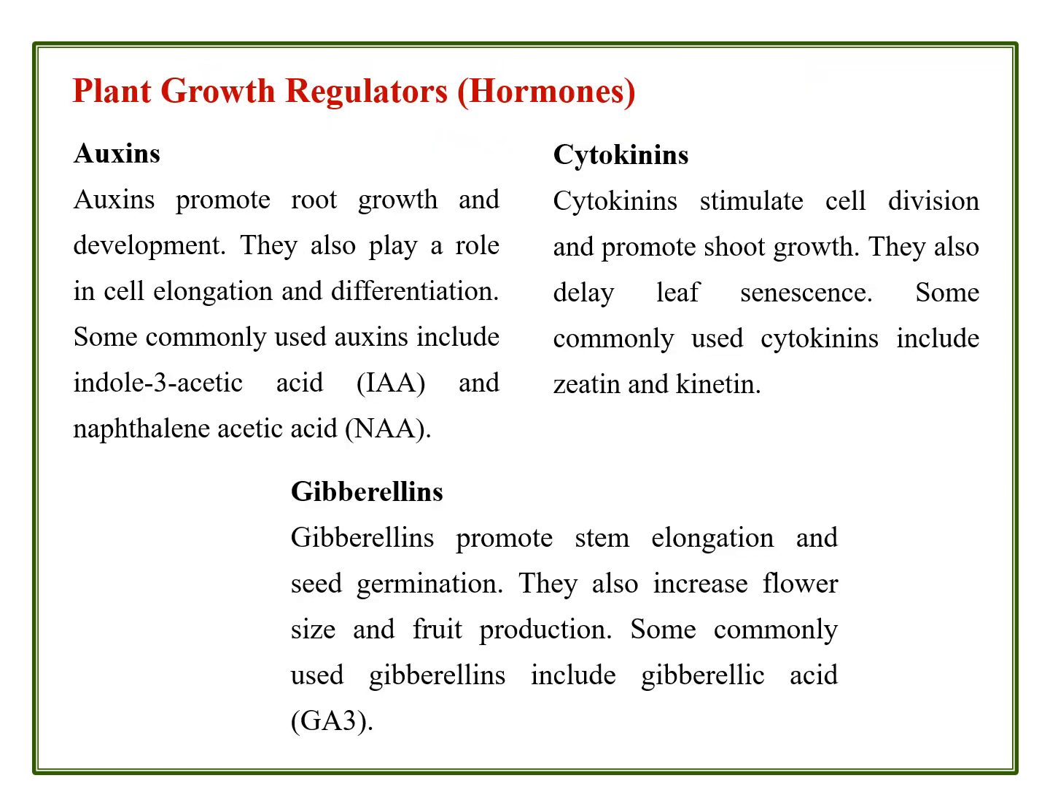Let us see what are the plant growth regulators which are very much required for preparing the plant tissue culture medium. So principally auxins, cytokinins, and gibberellins are required to prepare plant tissue culture medium. Auxins promote root growth and development originally. They also play a role in cell elongation and differentiation. Increasing the concentration of auxins in the plant tissue culture medium always enhances callus